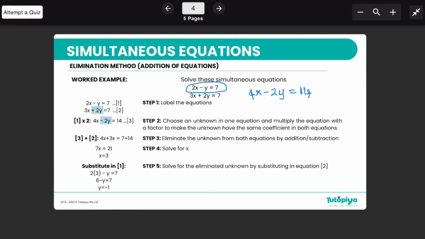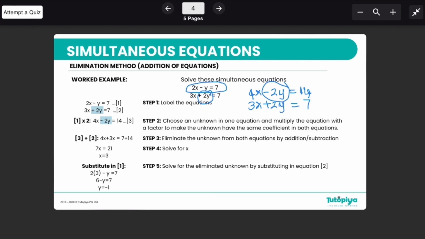And once you have multiplied, the next step is, now that you have these as 2y and negative 2y, you can actually cancel that term off. And how can we cancel it? If I add the two equations. So if I just write the two equations one on top of another, and add them together,